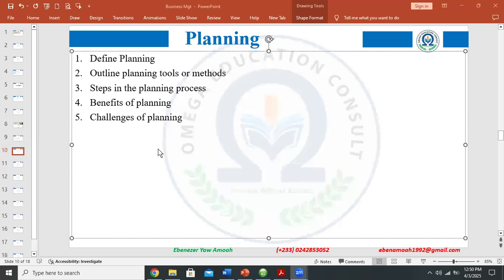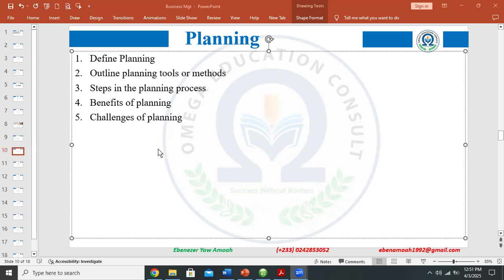So actually the definition of planning comes in 2 phases. The part where you set the goals and the part where you develop strategies to achieve the set goal or objective. And I believe as of now, if I talk about goals or objectives, you know what I'm talking about. So a goal or objective is that desired destination, right? Where you want to be, what you want to do. Those are answers that are given to questions about goals and objectives, right?